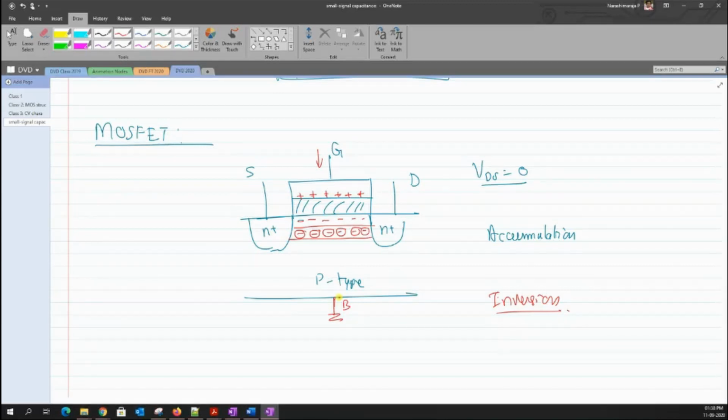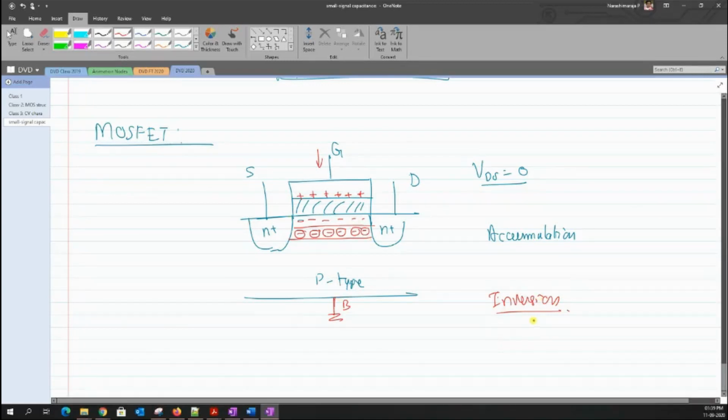Now I need some sort of potential that actually gives us some capacitance. Right now, at the inversion region, I cannot refer to this body, but if I have the source connected to some potential, it can be a ground or any other potential. Even the drain will also be connected to some potential, right? In this case, since I am assuming that VDS is equal to 0, I can assume that my drain is also connected to the ground. So you could see that this capacitance can be referred to as CGS and CGD, and both these capacitances are equal.